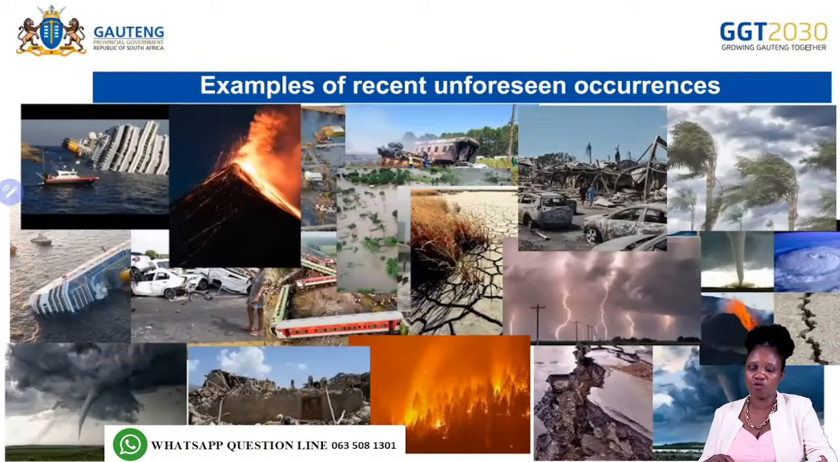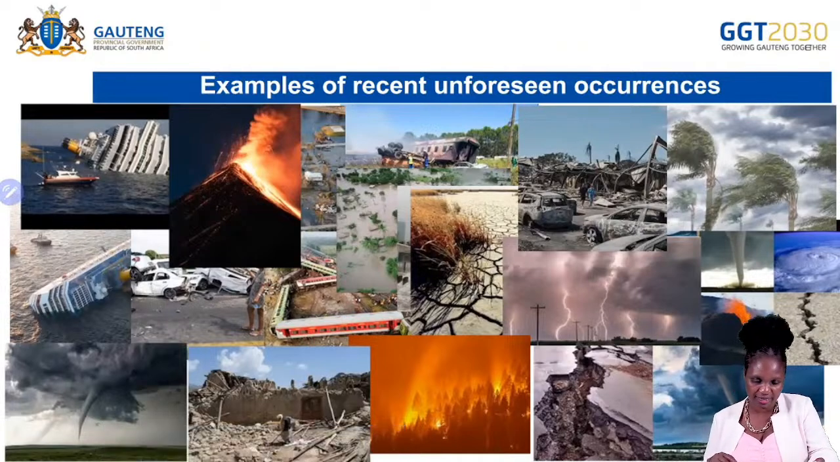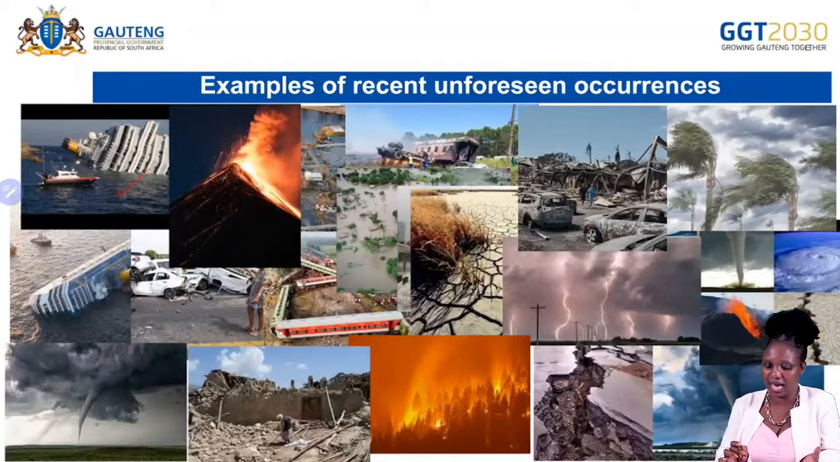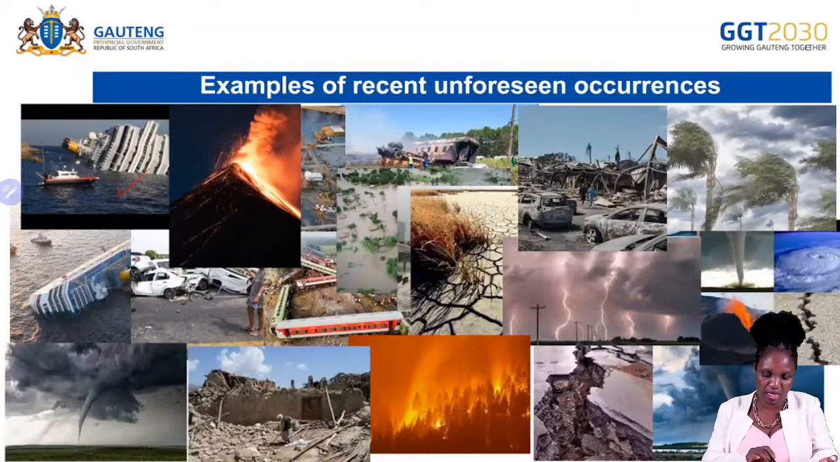All right, we've got different examples of recent unforeseen occurrences. Let's check the pictures if you can identify things here. Okay, just have a look at this. This is an accident. This is a cruise liner. It is sinking. Okay, it is an unforeseen occurrence. Remember, I said accidents are unforeseen occurrences. Okay, you see this cruise liner, it's busy sinking. And then look at these